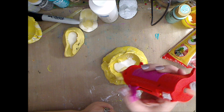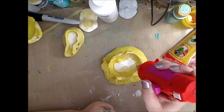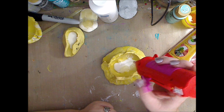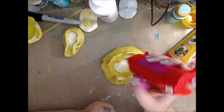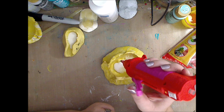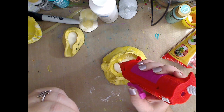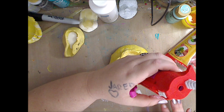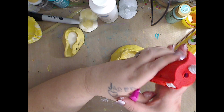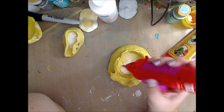See, now it's coming out clear. I don't care though because I'll be painting it. And I'm just going around the sides because I want to fill those crevices. Especially here because this is his eye. Or her eye, whatever you want. The baby doll's eye. I know it's hard for you guys to see, but